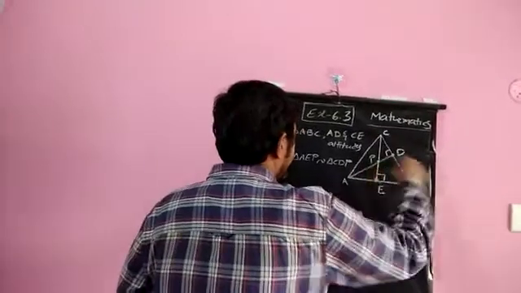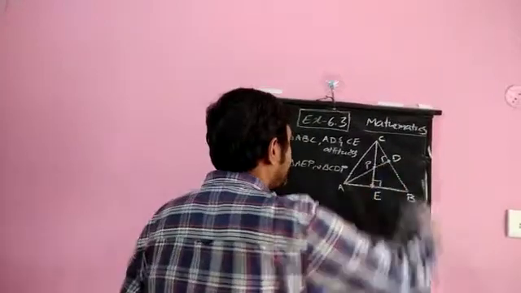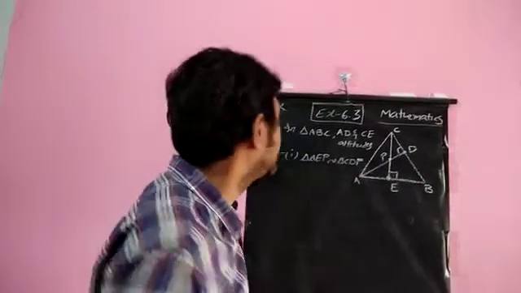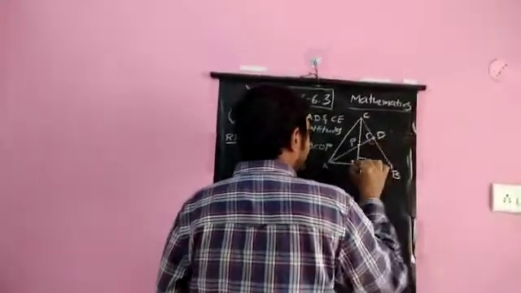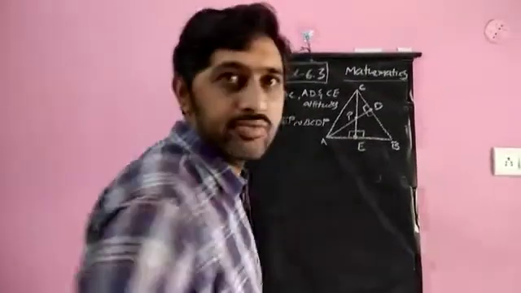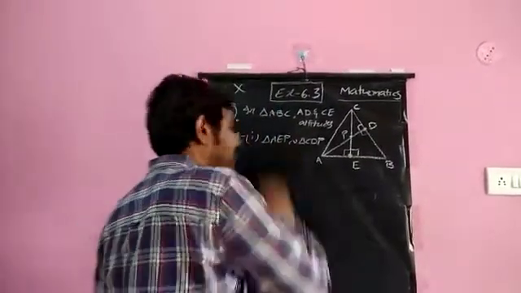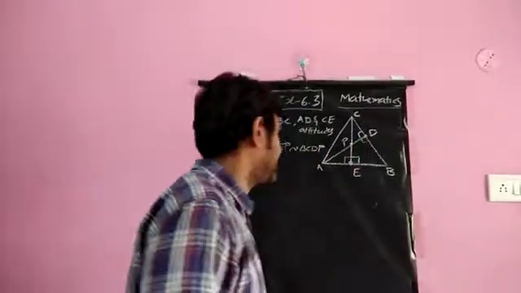In triangle ABC, from A, D is a point on BC, where AD is the altitude to BC, and CE is the altitude of triangle ABC to AB, so it forms a right angle here, and this angle is also 90. Then this also will become 90. Here a set of things are given to us, and we need to prove that the given triangles are similar by using any of the similarity criteria.